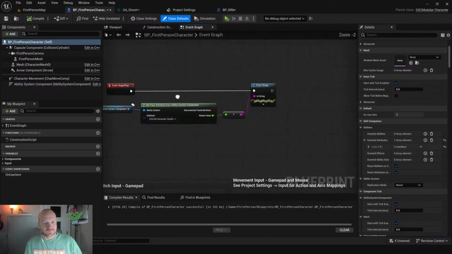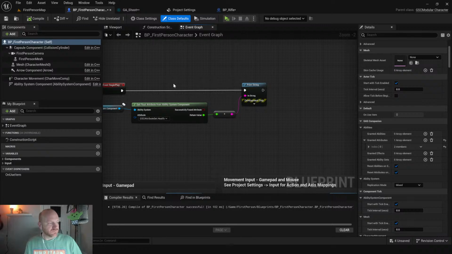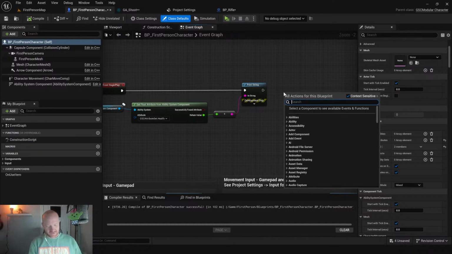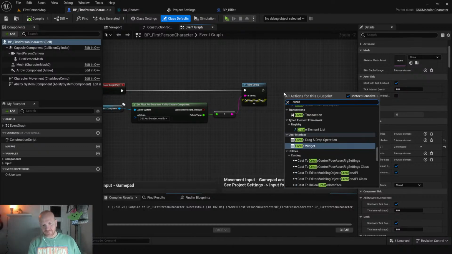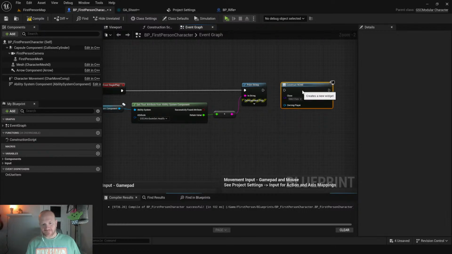I can't recall how to do this exactly. So just drag off and say add, create HUD, I think it is, like create widget. Oh yeah, create widget, and then just bind that to your owning player. So let's just say get a reference to like self, and then